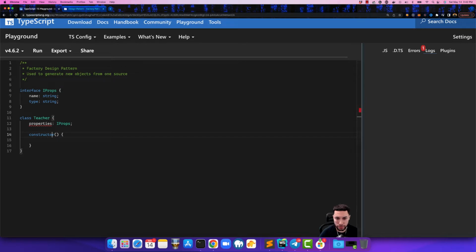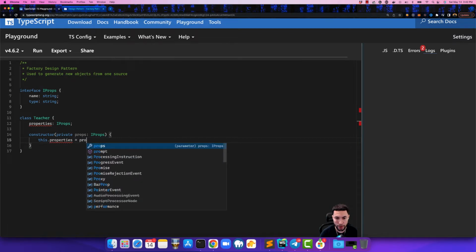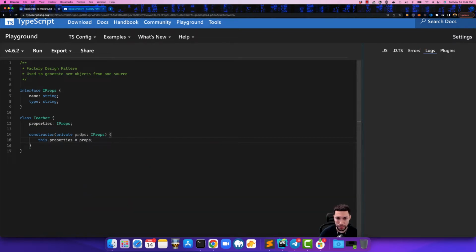In this constructor, we're going to say private props is going to be a type of props that we're passing in. And then finally, within these brackets, we're going to set the properties value equal to the props that we just passed into the constructor. Okay, so this is a teacher